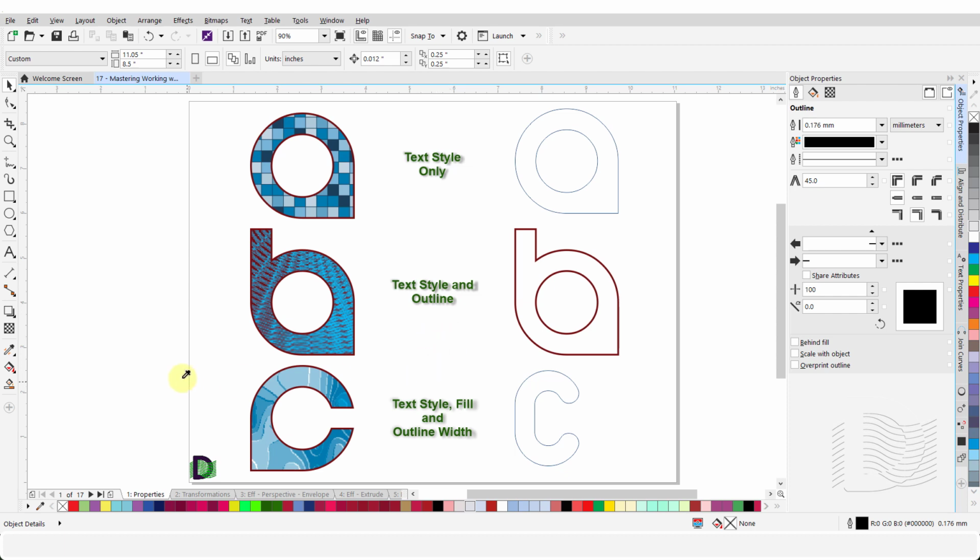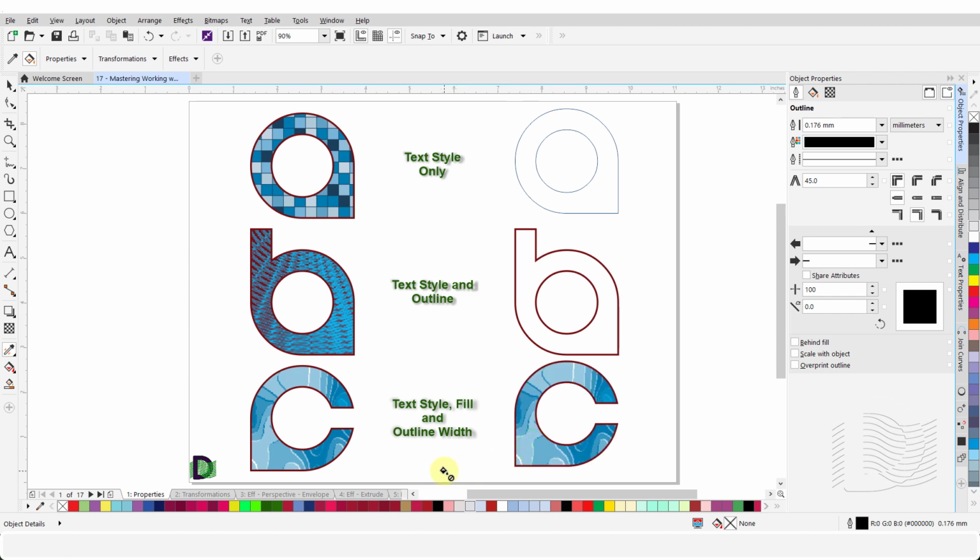Next, from the Properties drop-down menu, I will place a check mark next to the Fill attribute. I will ensure that the other two attributes have a check mark against them as well, and click OK. I will left-click once on C to copy these three attributes. Then I will click on C to apply the same attributes to it. As you can see, the style of the text, the outline width and color, as well as the fill of the target object changed to match the source object.